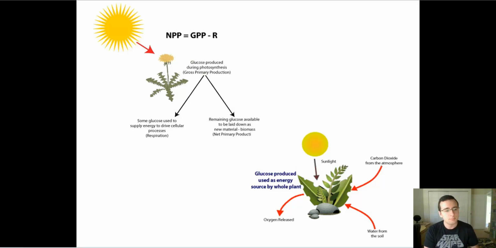Alright? Now, that means that the total amount of energy that the plant is actually producing, the extra amount, is what we're interested in when we're thinking about what the plant actually does. And that's called net primary productivity, which is basically the gross productivity, the total amount of sugar or energy that's trapped in the sugar, minus the energy that the plant uses through cellular respiration to power its